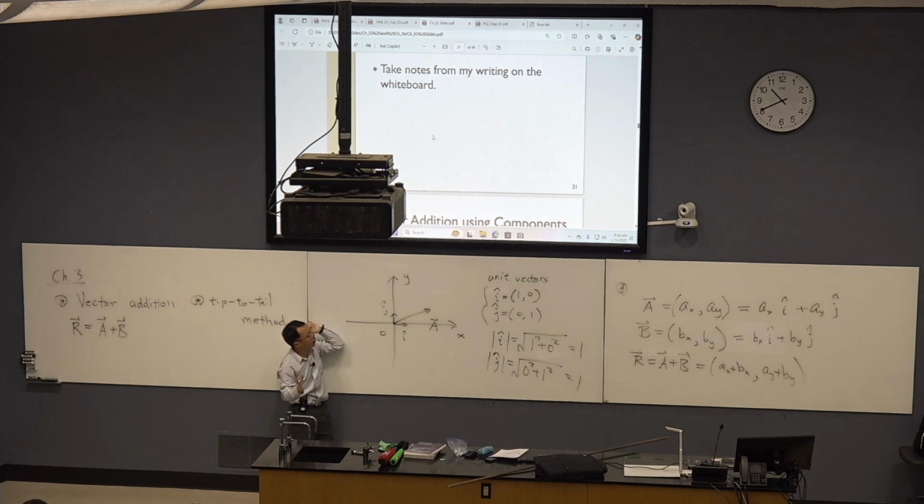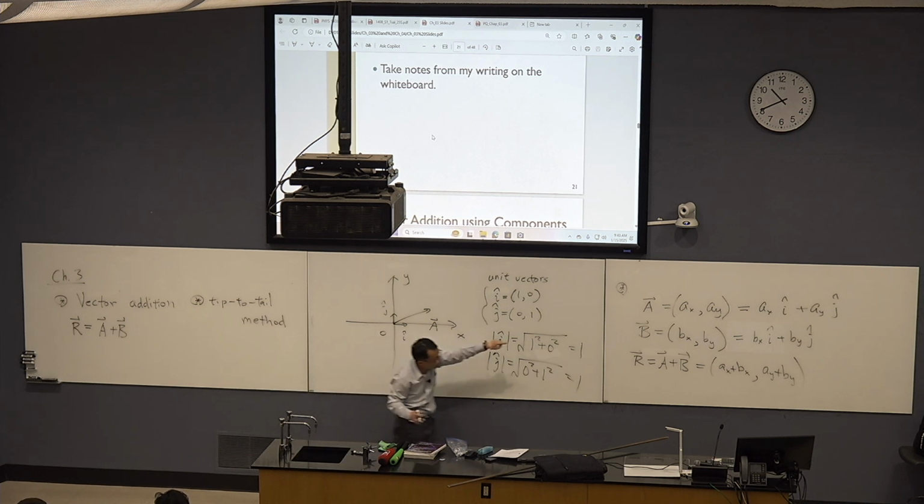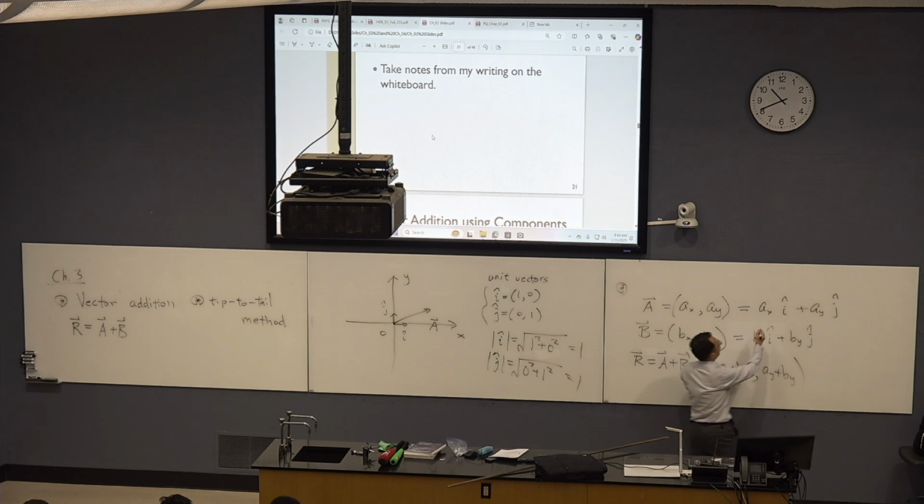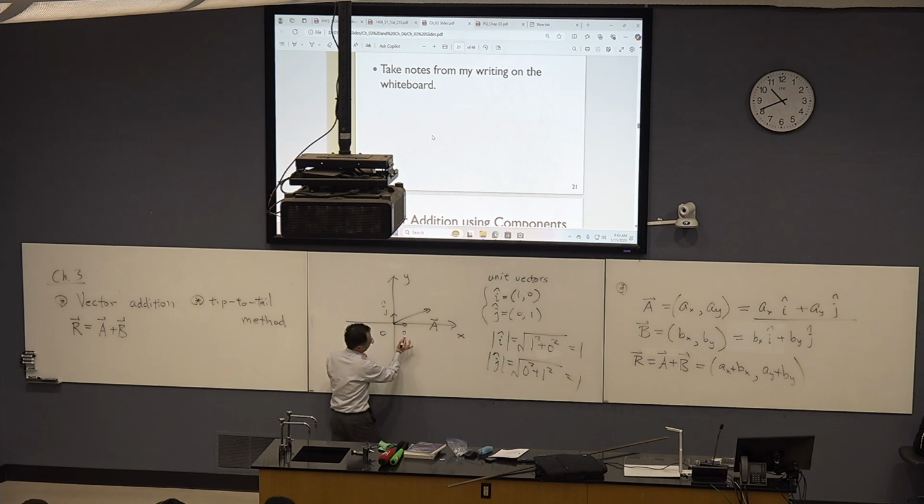In geometry, now let's come to the senses of geometry. What's the meaning of that equation there? That means that A has two components. What you do is as follows. What did I mean by AX times i hat plus AY times j hat? You start with the unit vector i hat, then you rescale it by a factor of AX. So i hat is here. Rescale it, it will become this one. So this is i hat, right? i hat is the shorter one. And once you rescale it, it becomes this one. AX times i hat. Right? AX times i hat is this one.